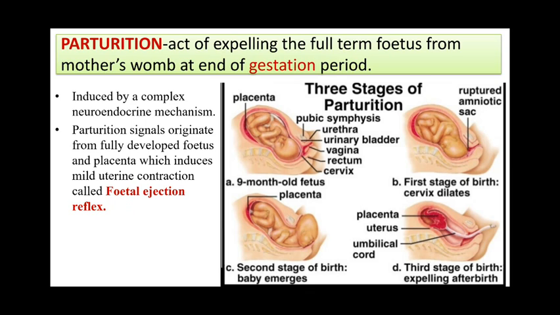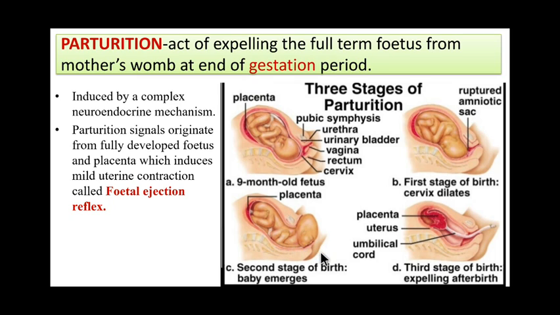So remember, progesterone is called the pregnancy hormone because it is very essential for the entire period. Now next, I have given a diagrammatic representation showing that parturition is divided into 3 stages. First is the opening of the cervix, where uterine contraction spreads down over the uterus and the cervix gradually dilates. And then here you can see the fetus, which is now a newborn baby.